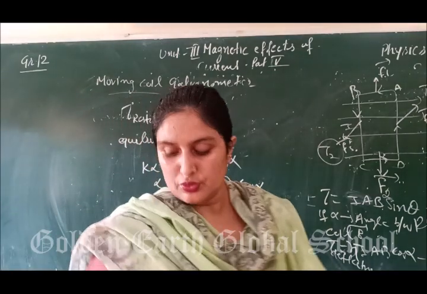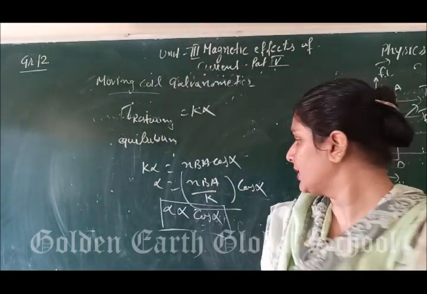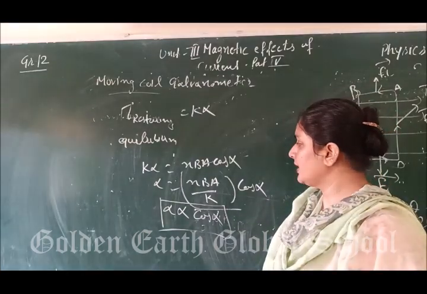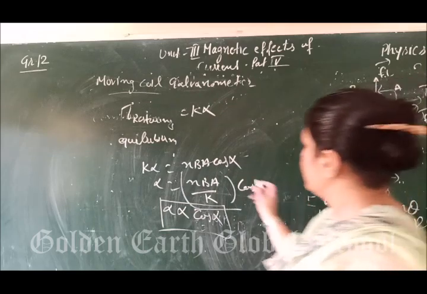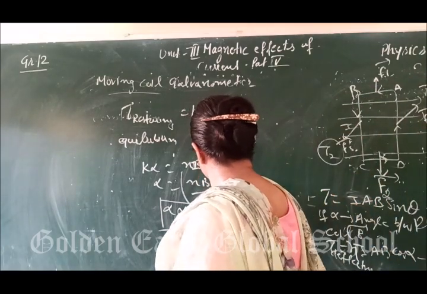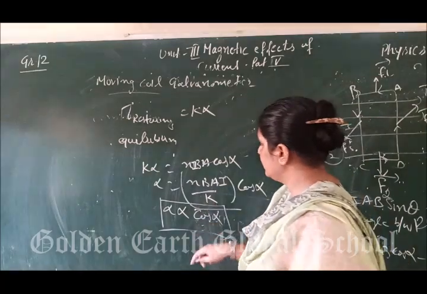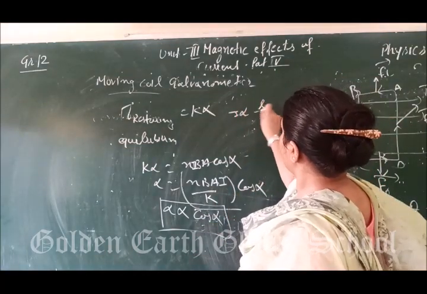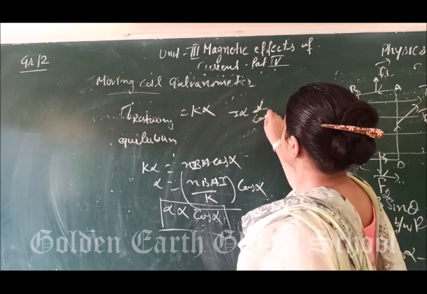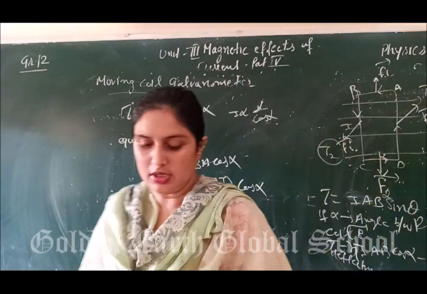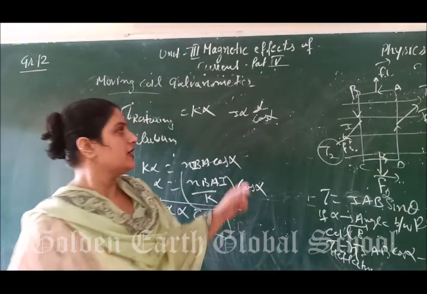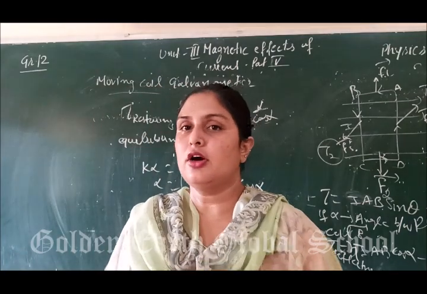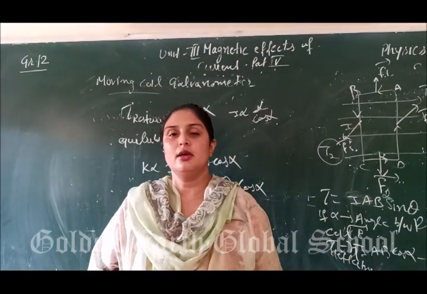Now we are going to make use of the radial magnetic field. Sorry, one thing has been left, that is the I. From here, you can take the one term also. I is proportional to alpha upon cos alpha. Alpha upon cos alpha means the deflection produced is not directly proportional to the current. It also depends on the angle that the plane makes with the magnetic field.